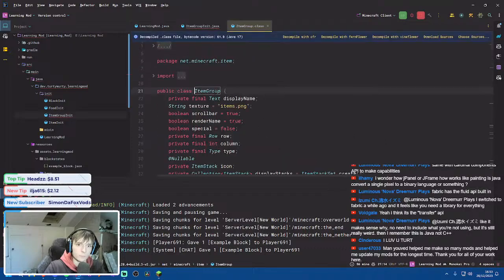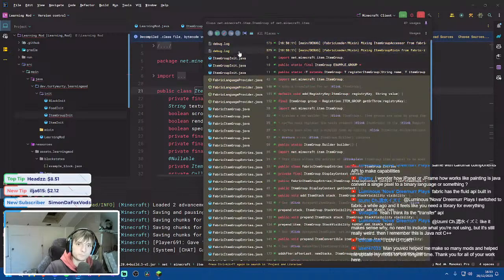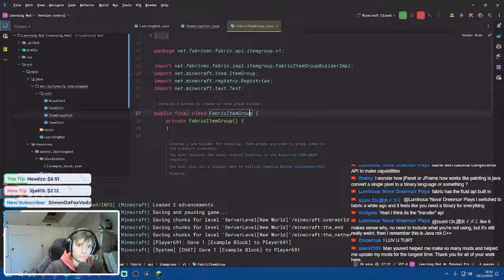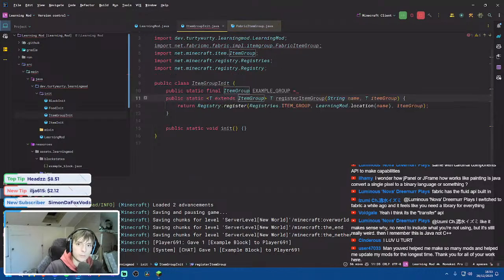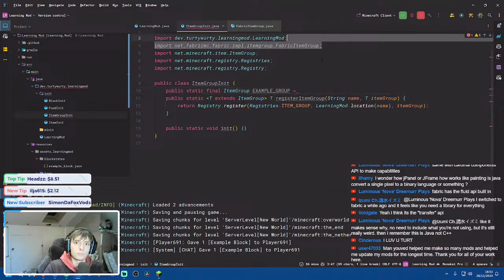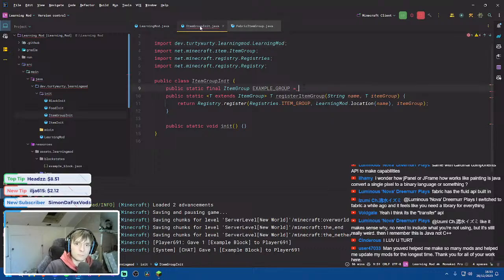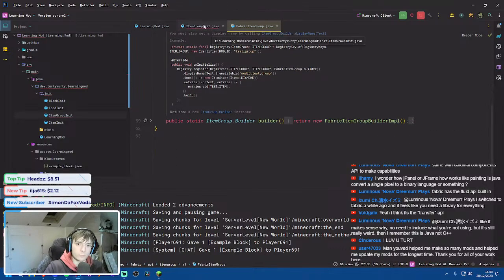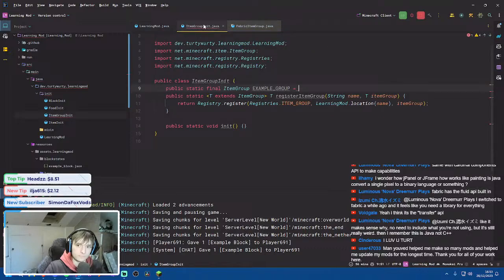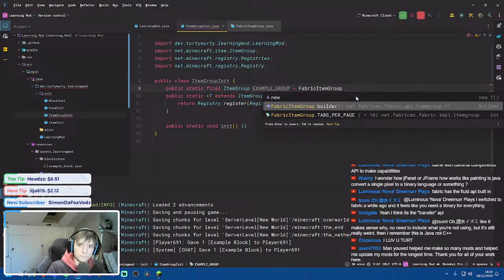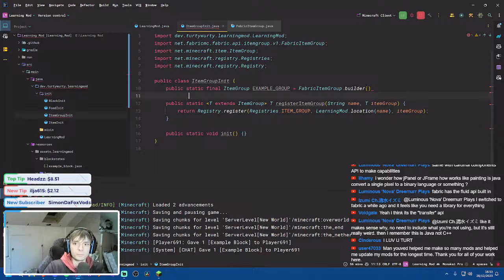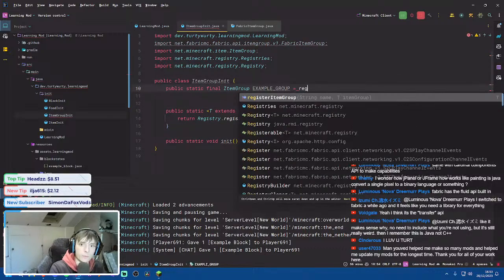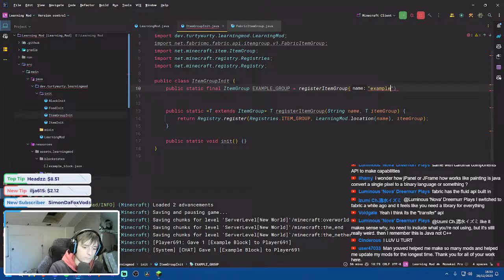How do you create an item group then, people? Fabric item group. Ah, it's the wrong import. Interesting. So FabricItemGroup.builder, there you go. And obviously this needs to be wrapped in the register item group. So